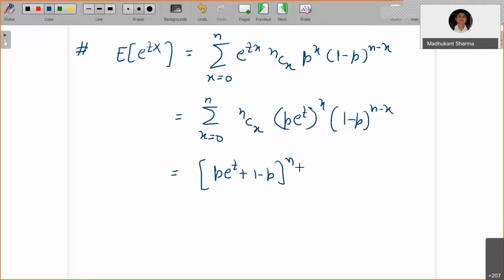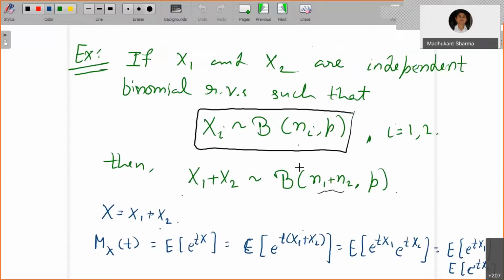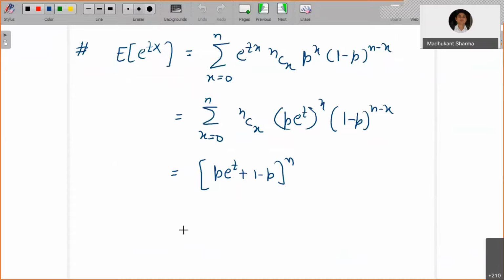Okay, no, we can't say that, it may not be true. If they are not independent, then that is why it is necessary, because we are going to use the fact that e to the power tx1, e to the power tx2, these are all independent random variables, and then we move on. Now I hope you can complete the proof here.